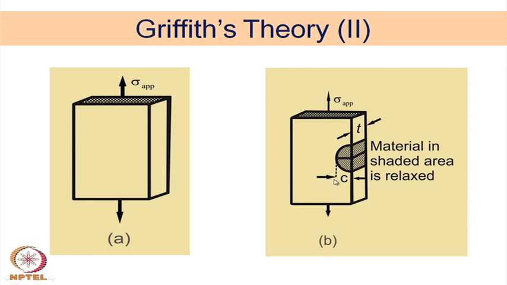Now, this is the crack length in this case. Earlier we had a two-dimensional picture. So, we are basically looking at the half crack length here, okay. And T is the thickness over which the crack is generating, as if a uniform crack has generated over the thickness. So, this is the thickness and this is the crack length, and this is a kind of semicircular region where a strain energy has been generated.